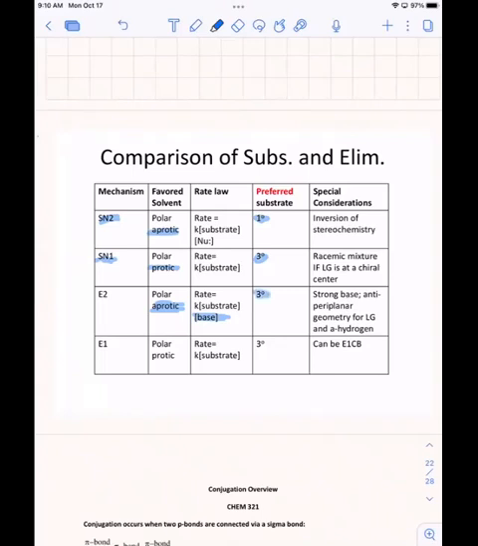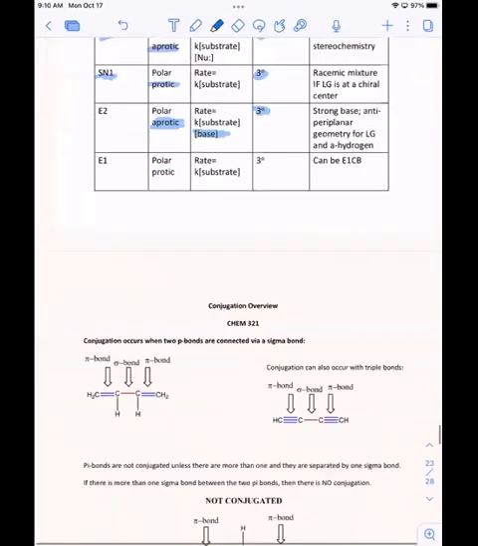right? Also with the E2, it prefers tertiary substrates because the products are more stabilized, because you get a more substituted alkene from a tertiary substrate. All right, and then all these other special considerations: you need a strong base, and the relationship between the alpha proton and the leaving group has to be anti-periplanar. All right, it's anti-periplanar. And then for E1,